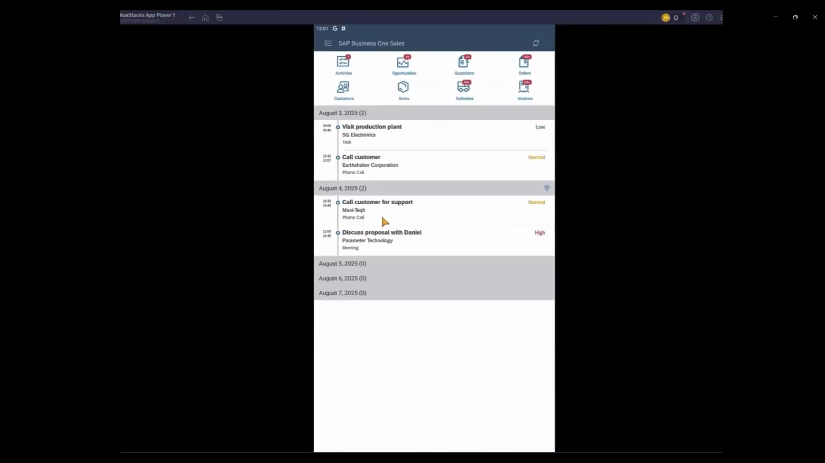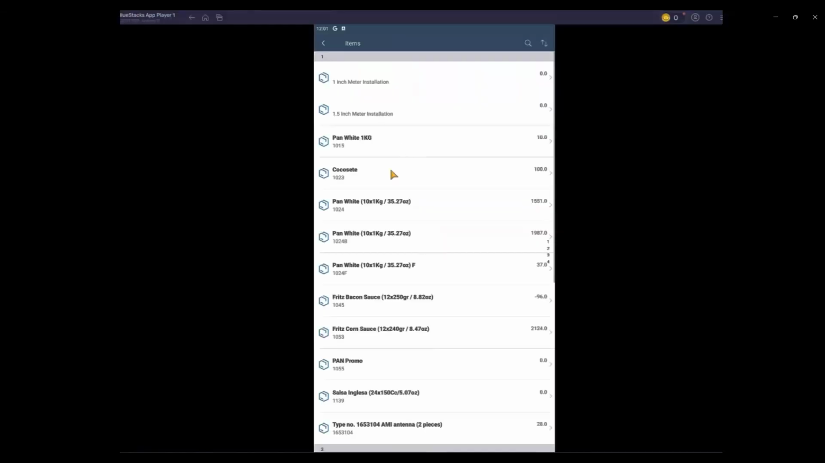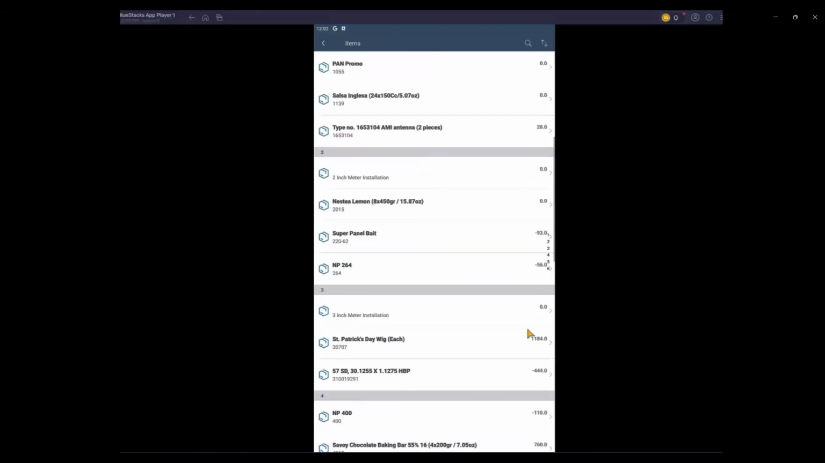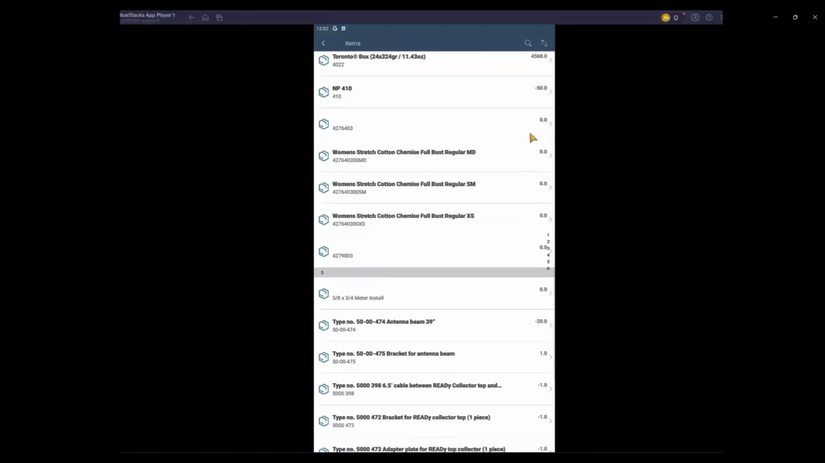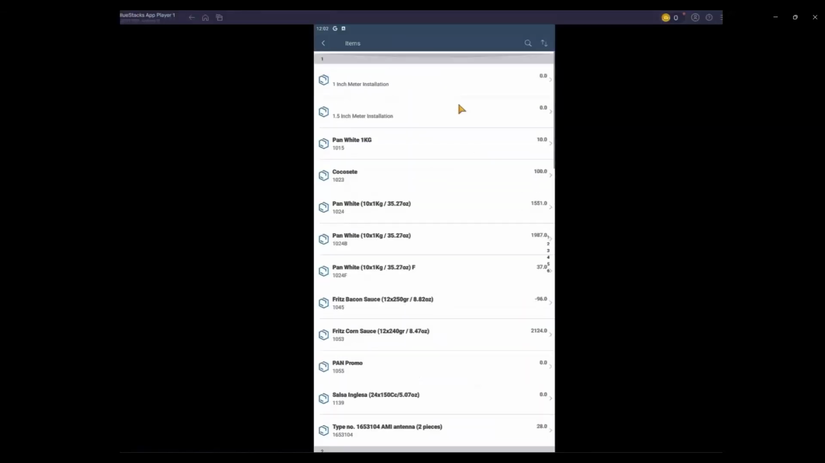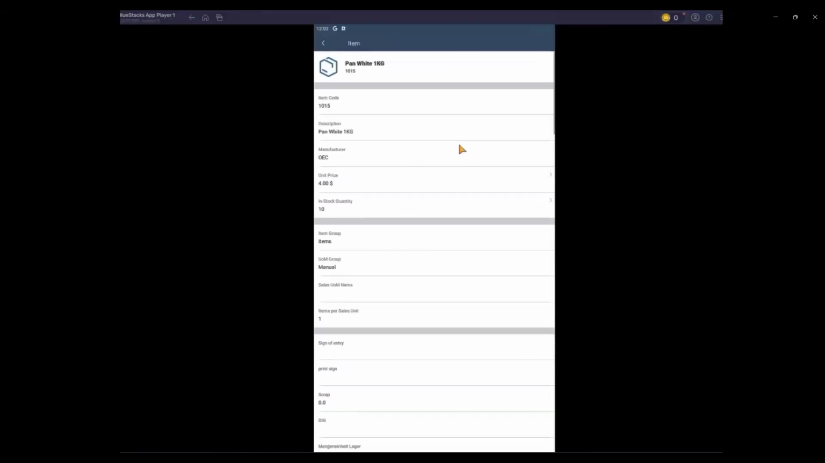Another thing that we can do from the sales app is we can go to the items section, and this, similar to the business partner, is going to show us the data for our items. And here we have the list of our items, and we can see the stock that each item has. So this is going to allow us to know how much we have in stock for each of these items. We can enter the items in here. For example, let's go into this one. We have the basic data, the price,